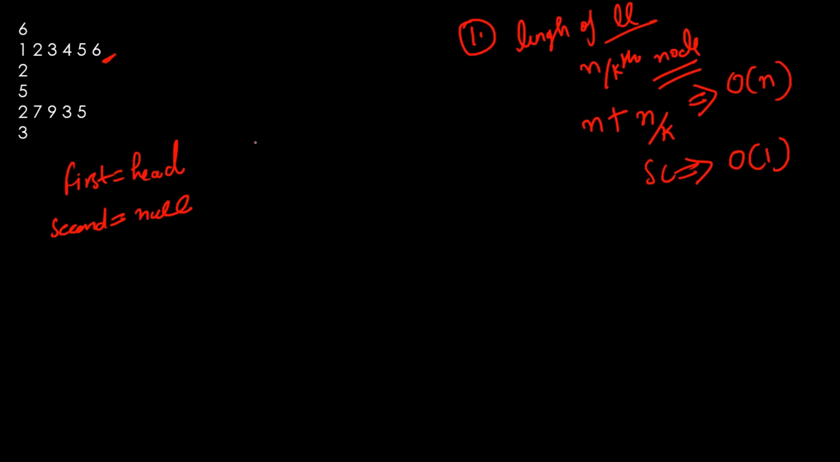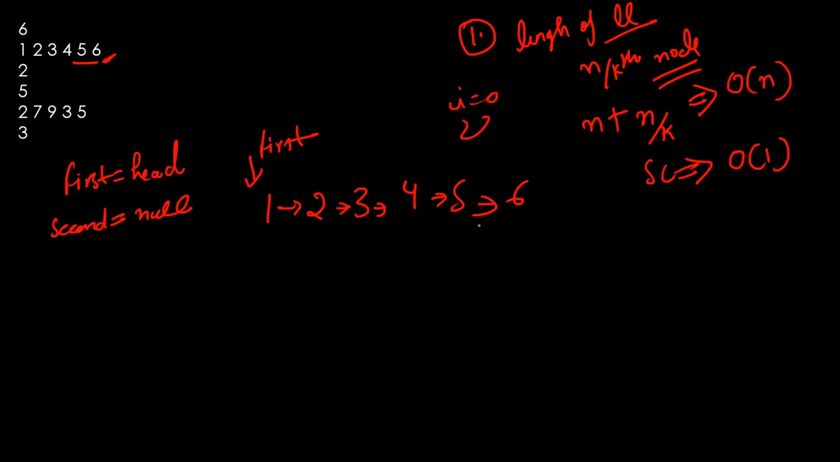So let's understand further. Let me take this particular case 1, 2, 3, 4, 5, 6. So this is our linked list. As I mentioned, first is pointing to head and second is just null for now. Now we'll be taking a variable I, initializing it with 0. We'll simply check: if on doing I mod k we get 0, then we have to move our second pointer by one step,